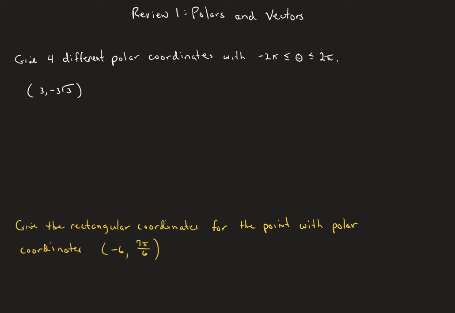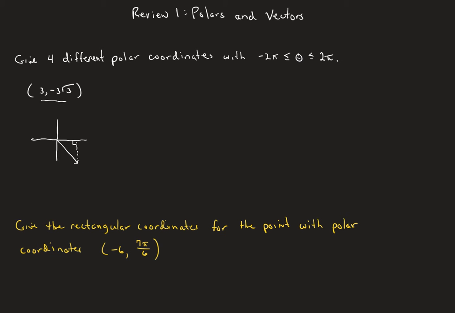In this video, we're going to do some problems to review for the first test in BC Calc, polars and vectors. So our first problem is to give 4 different polar coordinates with the theta going between negative 2 pi and positive 2 pi, and here are our rectangular coordinates. Now I'm going to graph these, but you don't have to. You could do all this without actually drawing the picture, but I think sometimes visualizing it helps you figure out